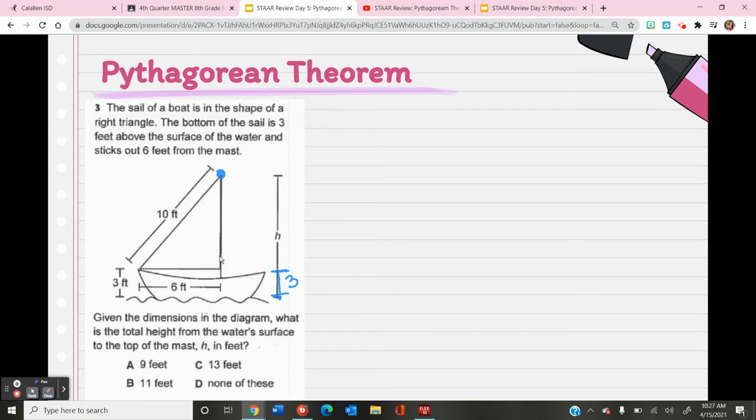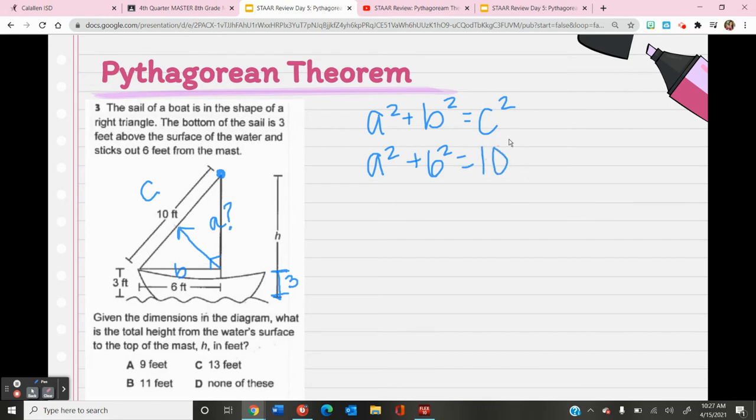So looking at my 90-degree angle here, I'm pointing my arrow to C. So they have given me my hypotenuse. And it seems like I'm going to find my altitude, my A, because they have given me B, my base, which is 6. So here I have a squared plus b squared equals c squared. So I have a squared plus, I'm just substituting my numbers, 6 squared, and this equals c squared, which is 10 squared. So simplifying this, I have a squared plus 6 squared is 36, and this equals 10